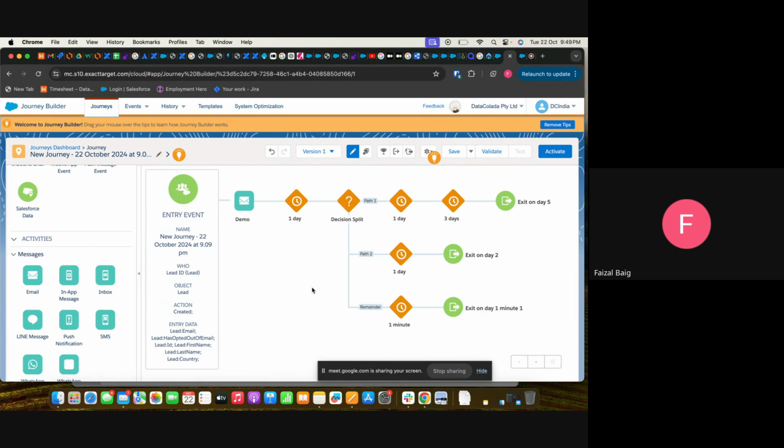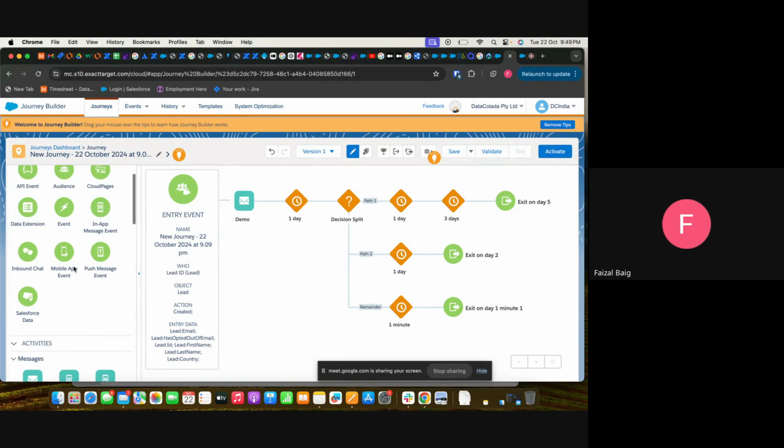Okay, and your sales team is manually filling up those details into a CSV file or an Excel. Definitely, we need to upload or import that CSV file here into the data extension. Once we get that data extension, we need to remove this entry data as Salesforce data. We need to add this data extension, and then we can work.